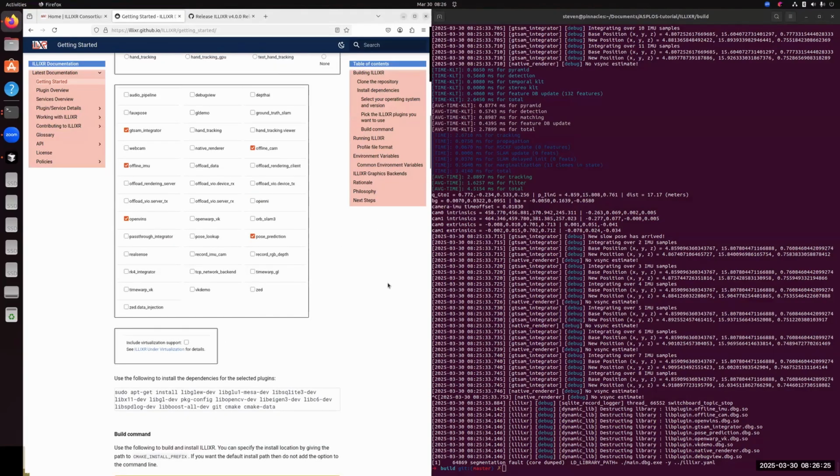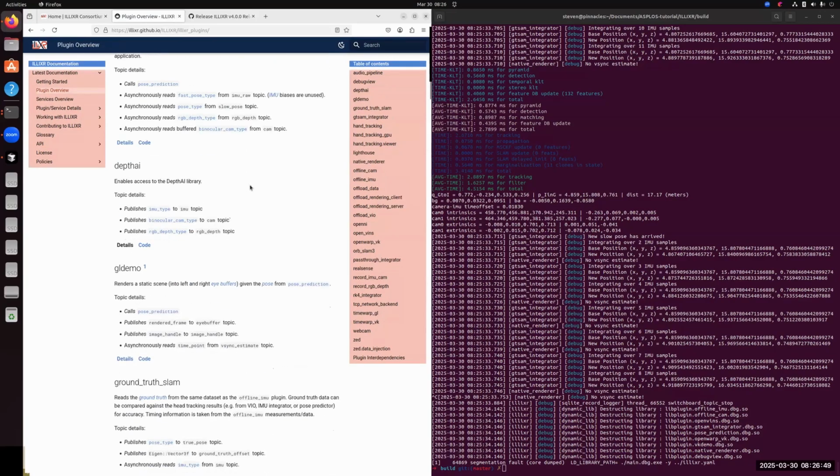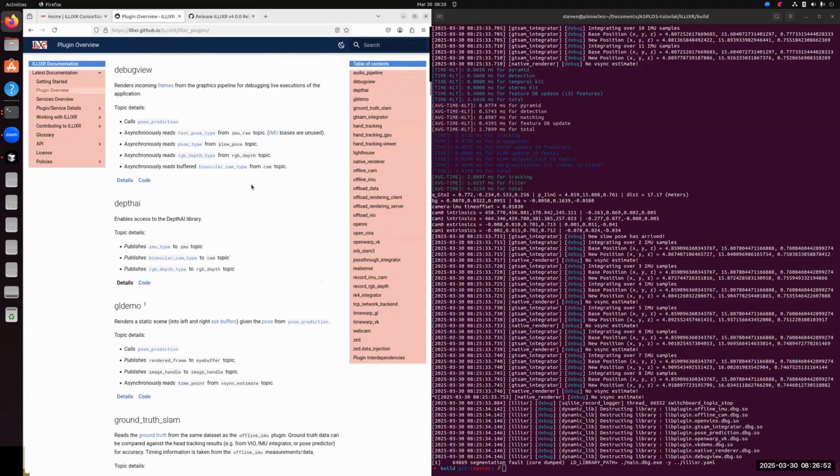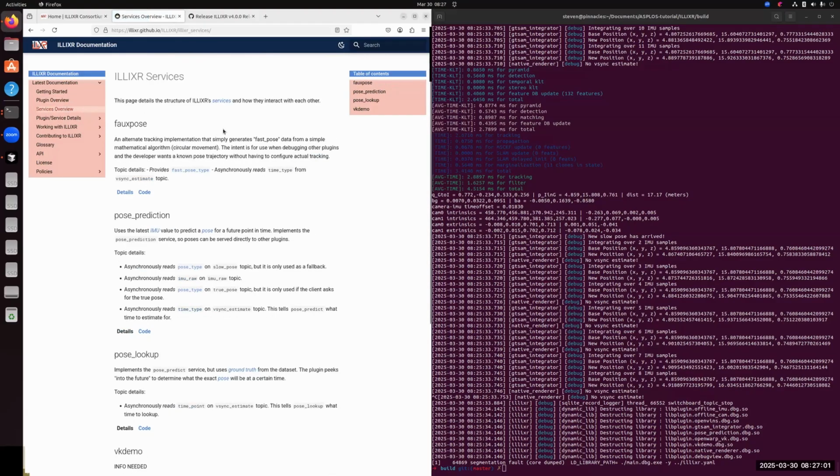So great. I'd like to talk a little bit more about the plugins and services of Elixir. These are some concepts we have in Elixir. A plugin is usually a loop, a class that runs on a separate thread that schedules itself. So if you have any tasks that need to be run in a loop, a plugin would be our way of implementing it. And a service, on the other hand, is a modular component initialized by a plugin, but they provide callable functions to other plugins.